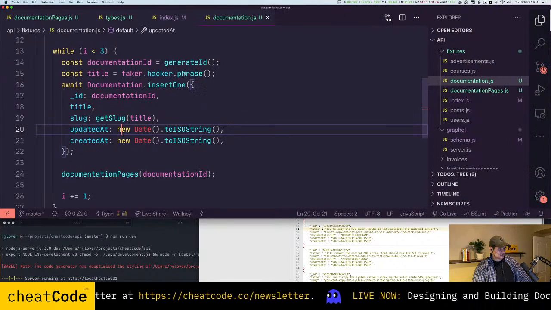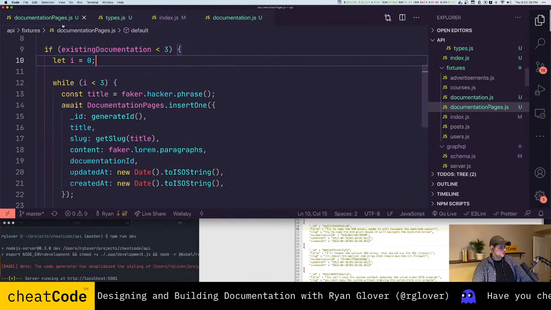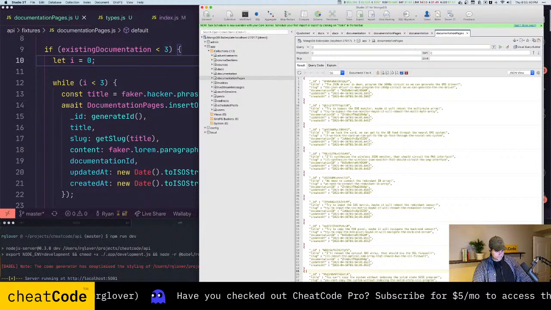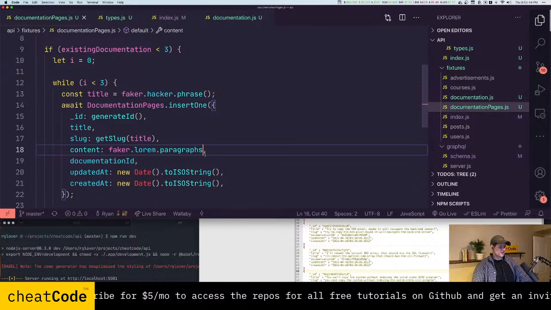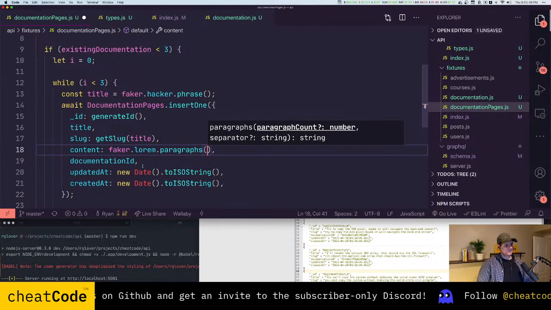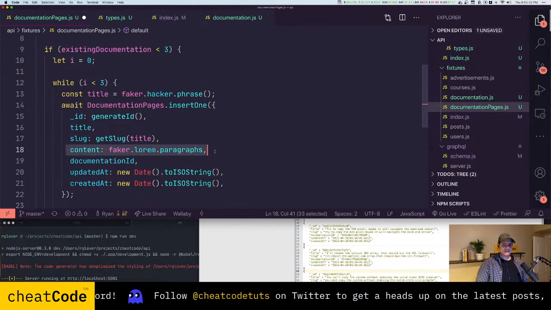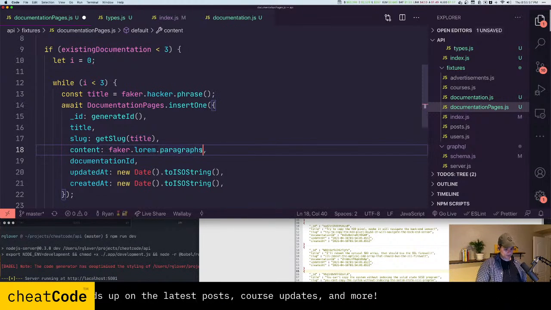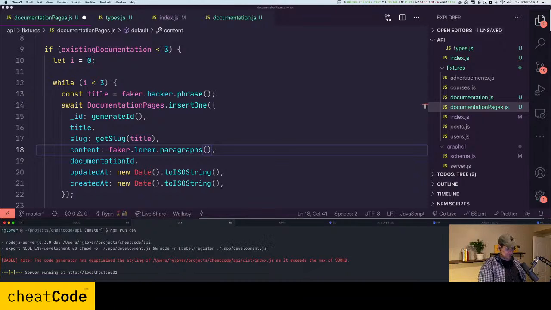what we wanted. But we're also missing in our documentation pages fixture, content's not in there, which is kind of strange. Ah, I know why. Because I didn't call the paragraphs function, which means that what we technically told it was to set content to that function, not to a call to that function, which returns the actual paragraphs as a string. So one more time, we're going to say npm run reset,